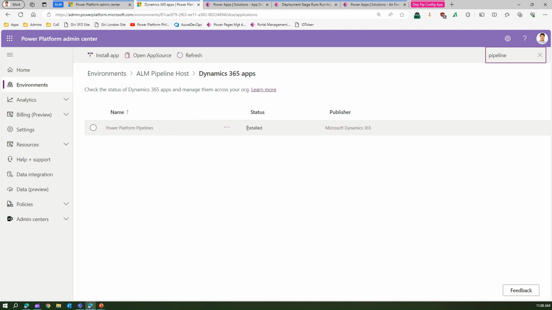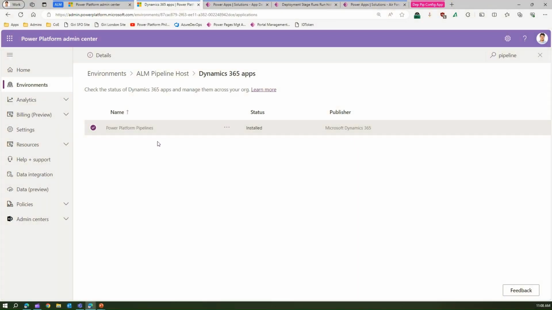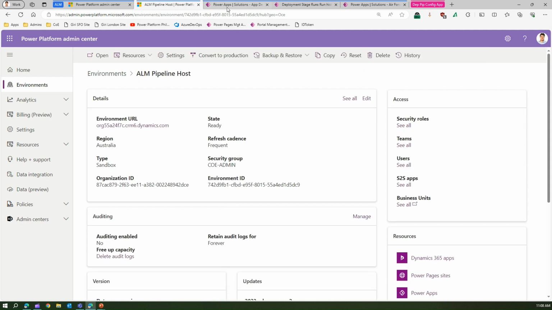Now, for me, it is installed because I've already installed it ahead of time. For you, it might come as to install, or it is not installed. So then you can click over here and then install or configure this particular application. Once this application is installed in the host environment, and remember this has to be done in the host environment, then you can open this application by navigating to